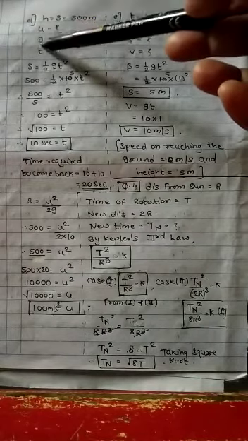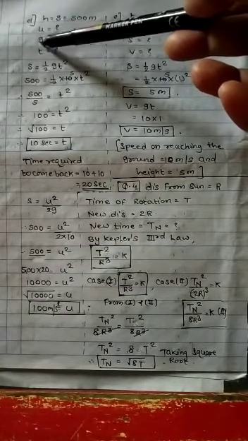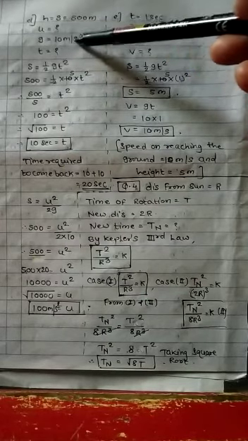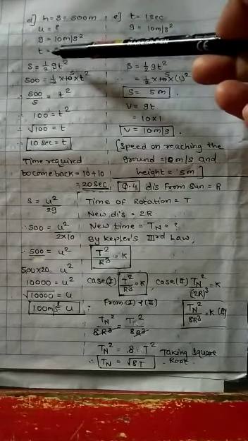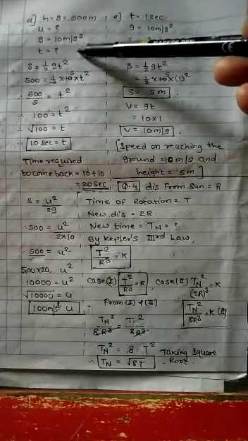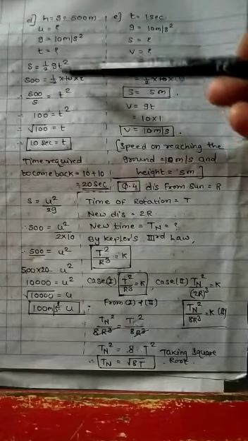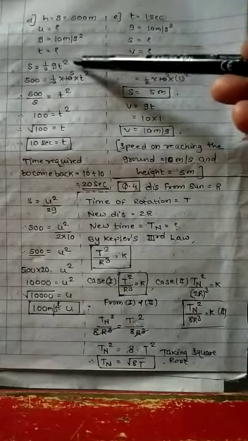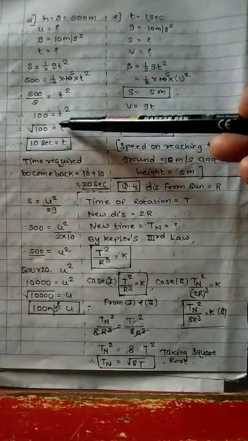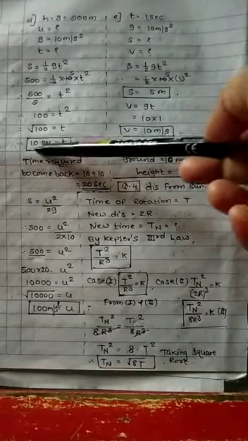Actually the value of g is constant, that is 9.8, but here the value of g is already given in that sum, that is g is equal to 10 meter per second square. So here we use the formula s is equal to half gt square. S is 500, then half into g is 10 and t square. 2 5s are 10, then this 5 gets divided here, then you get 100, then you have to take the square root of 100, that is 10 second. So t is your 10 second.